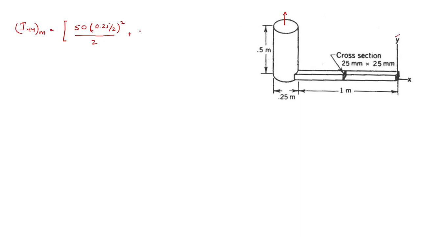Okay, so this would be equal to plus 50 into... Now the distance between these two is 1 meter plus half of 0.25. So 50 into (1 plus 0.25 divided by 2) the whole square. Okay. Now plus. Now due to the square rod here,